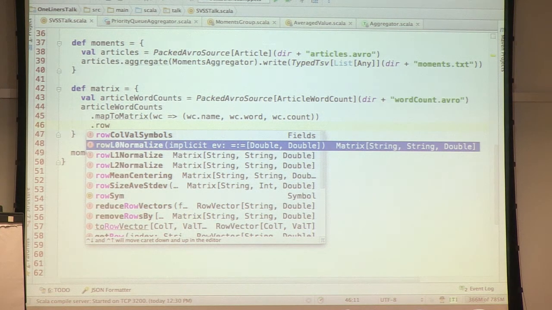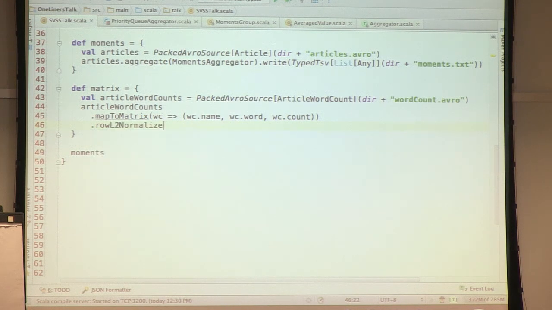The reason why I do the normalization here is that I don't want it to appear that two very long articles are similar to each other just because they're very long and, by sheer coincidence, have a lot of similar words. I want to normalize the effect of the length of the article, so here I'm using L2 normalization, which is the square root of the sum of squares of the frequencies. So basically, the sum of squares of all the frequencies will equal 1 now, and when we compare every article to itself, we will get 1 instead of some arbitrary number that is a function of the length of the article.